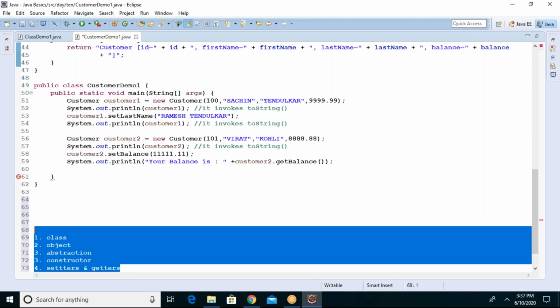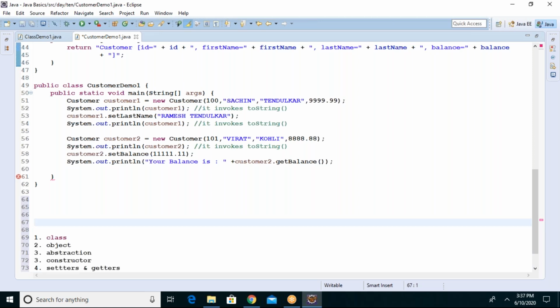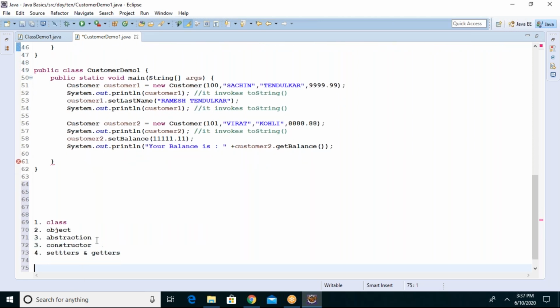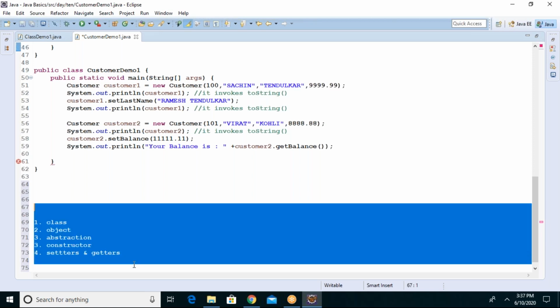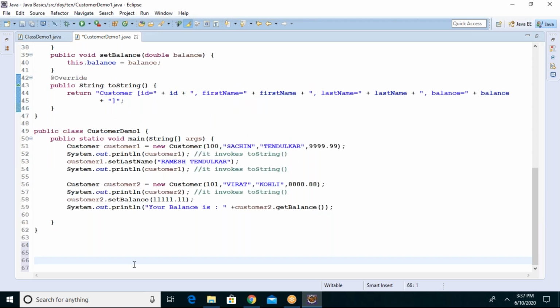Am I clear? What is the abstraction definition? What do you mean by abstraction? Hiding unnecessary information and providing necessary information to the end user.